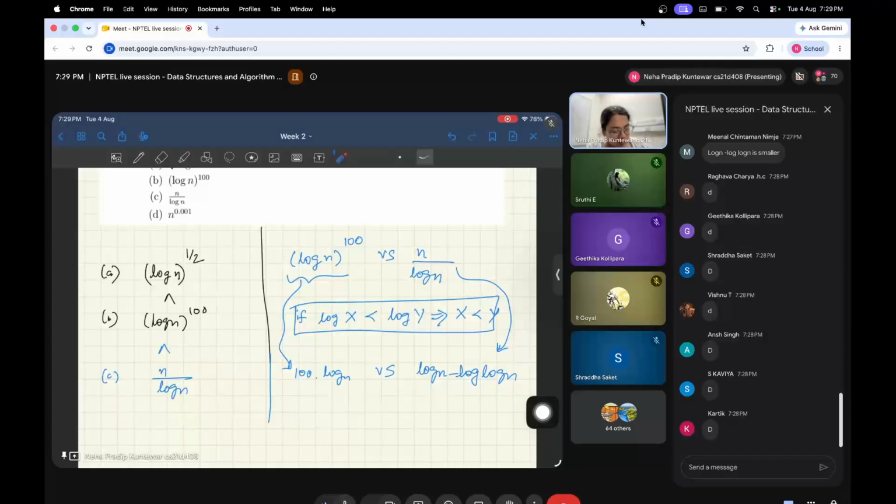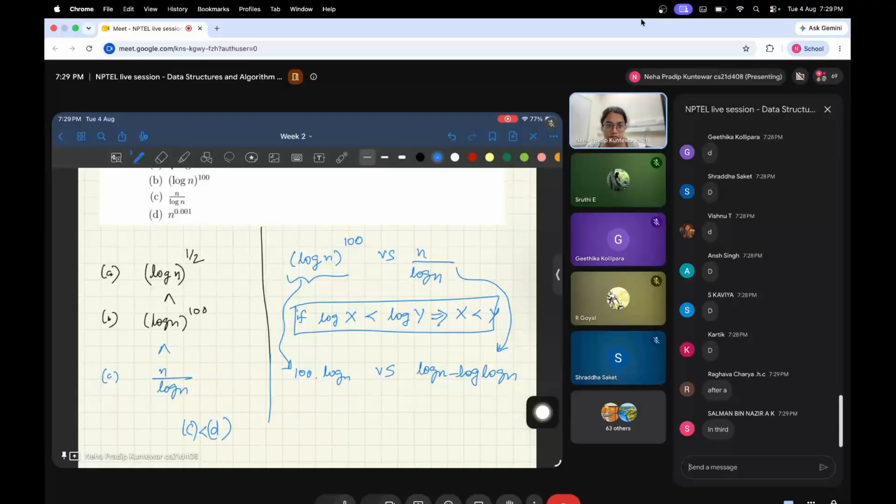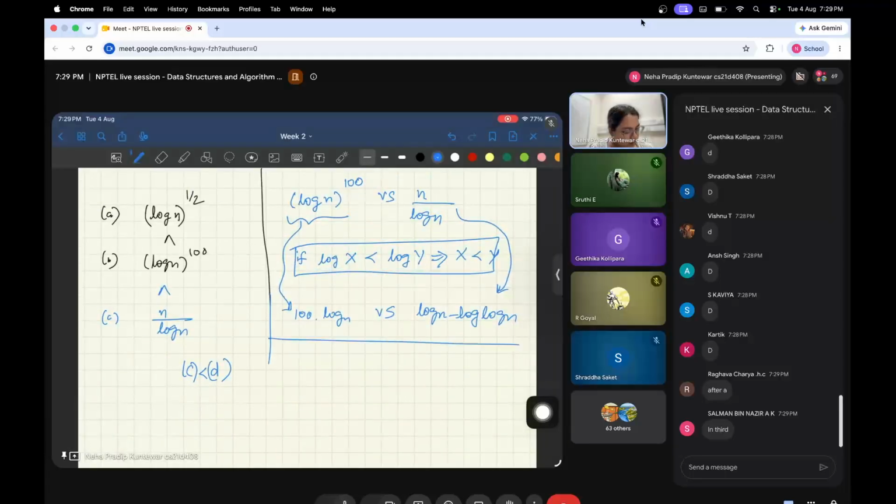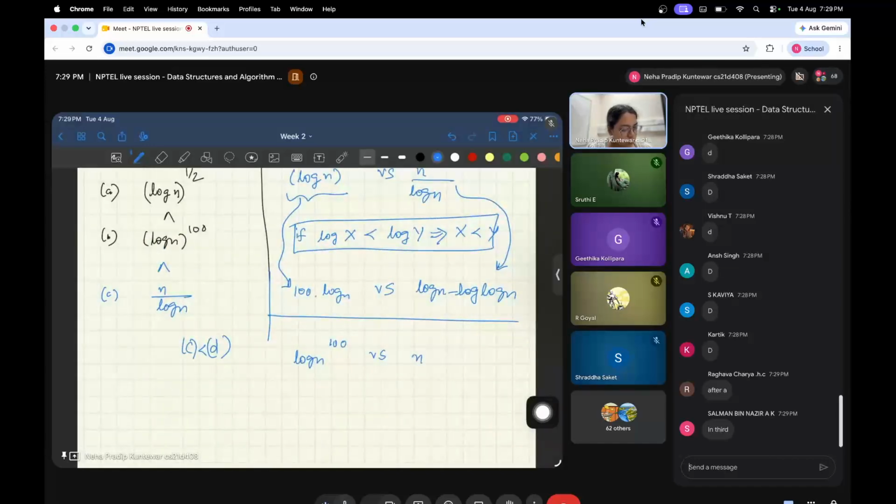For that you need to compare B and C. Okay, so let's compare log n to the 100 versus n to the